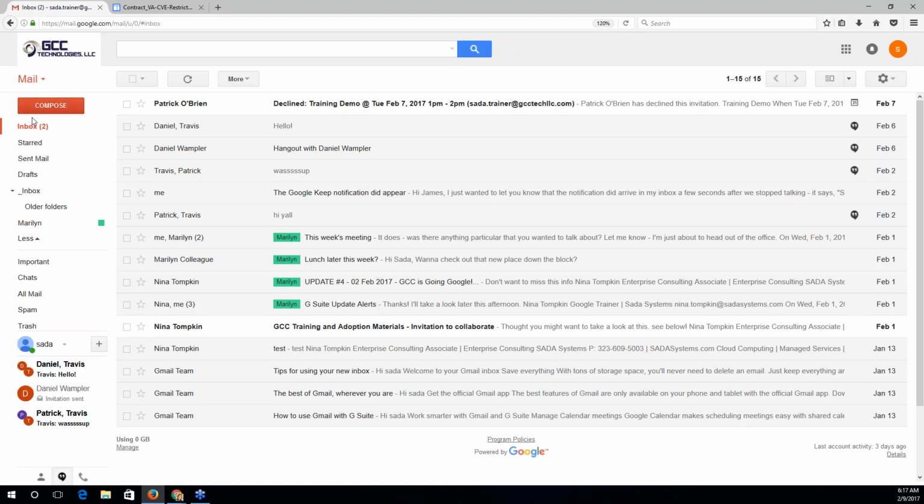In the upper left corner, we have two interesting things here. First of all, we have the big red Compose button. If you give that a click, it opens up a new message window, and I'll be demoing some interesting and fun features that Gmail has built in when you're sending mail.